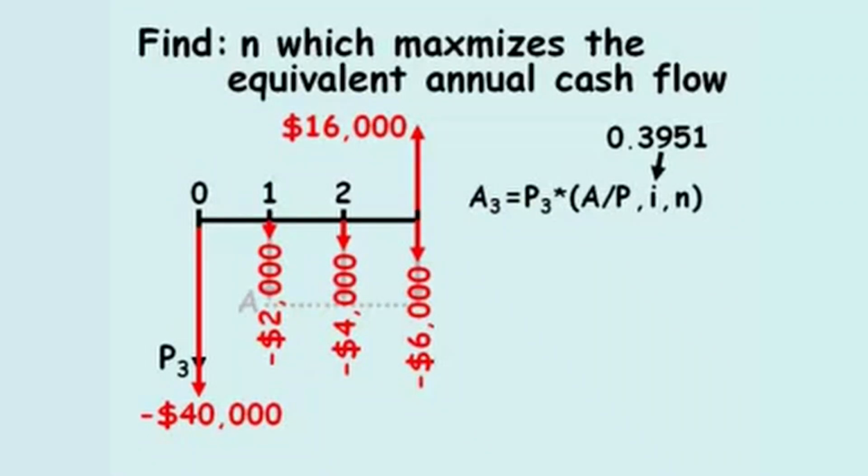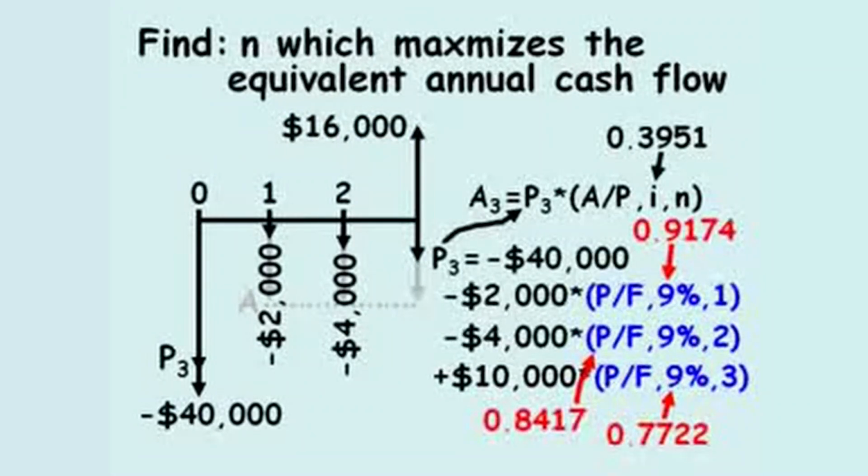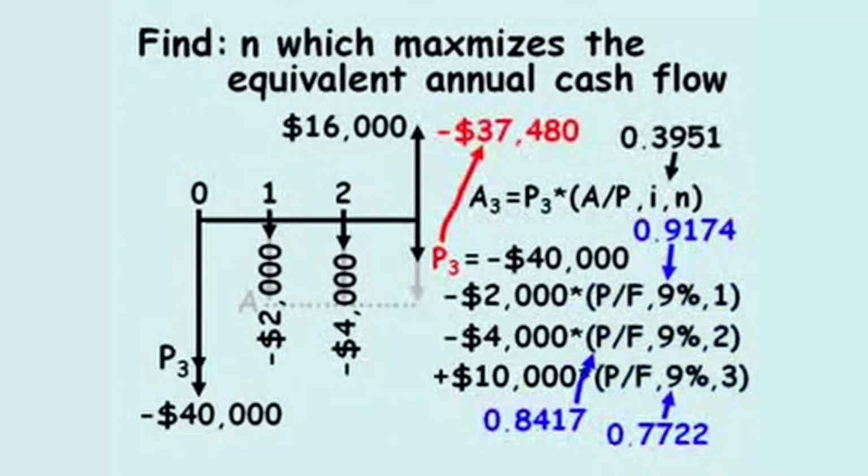Therefore, P3 equals negative $40,000 combined with the present value equivalents of negative $2,000 after 1 year, negative $4,000 after 2 years, and positive $16,000 and negative $6,000 after 3 years. Using an interest rate of 9% for all 3 discount factors, we look up the appropriate discount factors from the table of values, and P3 equals negative